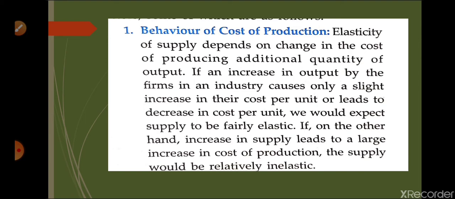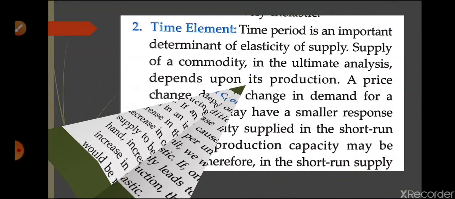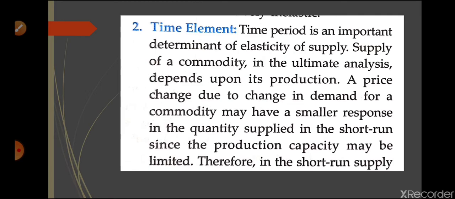Means if the producer has less change in the input and more change in the price after additional production, then supply will be elastic, and with more change in input and less change in price, supply will be inelastic, because producers are willing to supply at a high price, not a low price. Next we are going to discuss the time element. I have already explained this topic well.